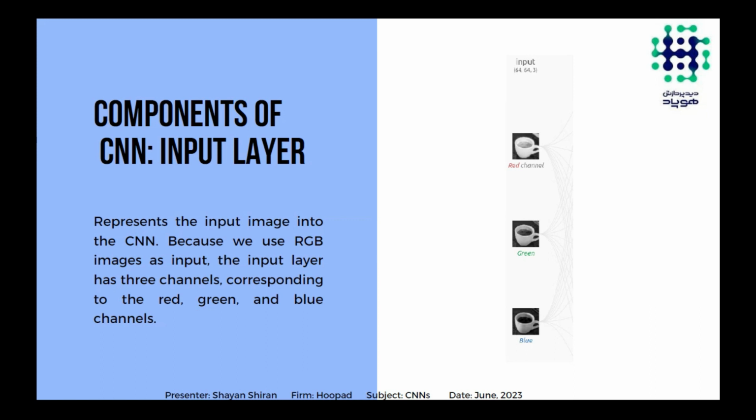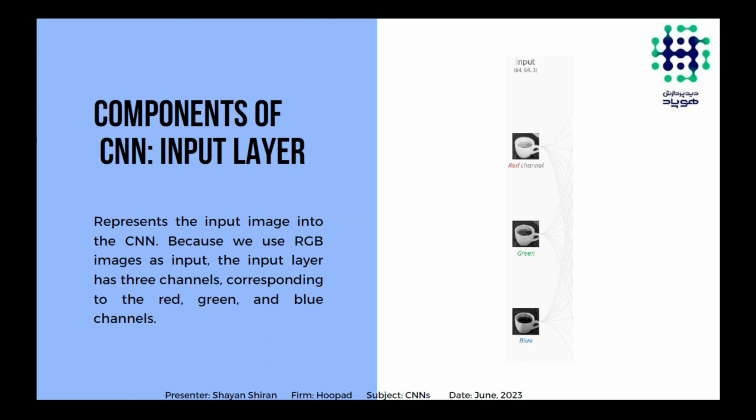The first component is the input layer. The input layer represents the input image into the CNN. And thanks to CNN Explainer, a website where you can see how a CNN works.